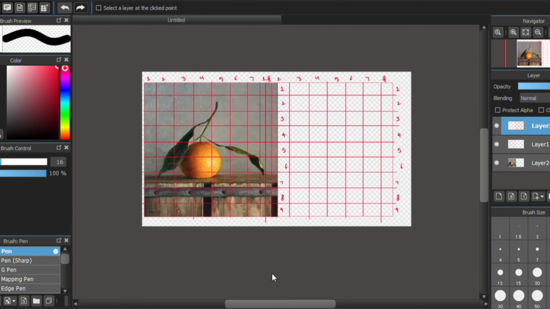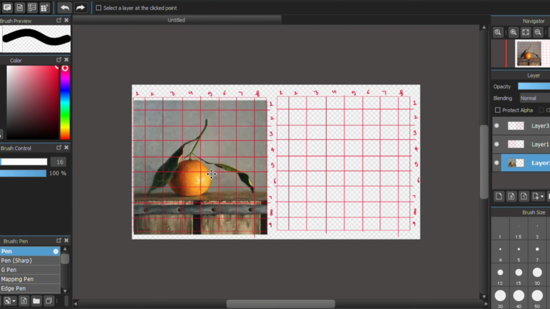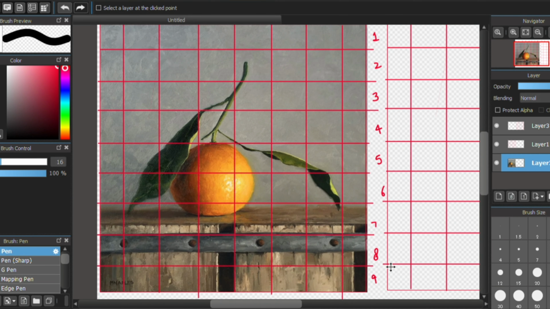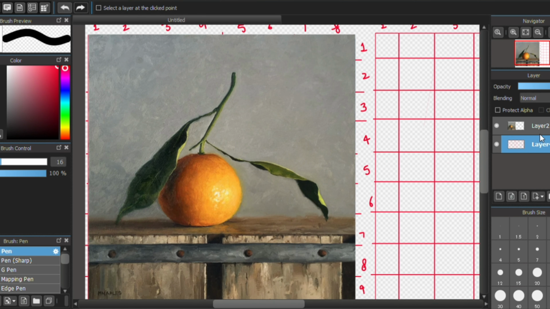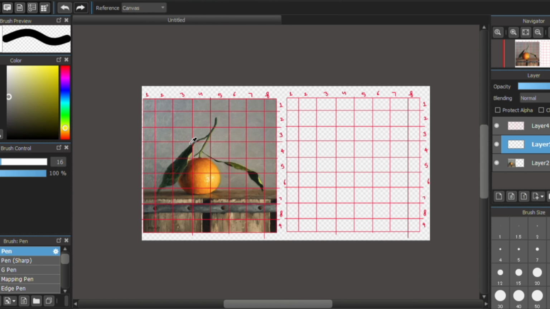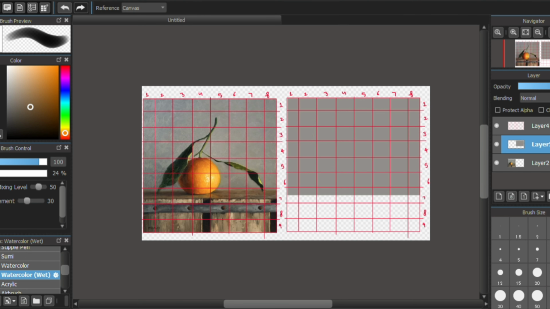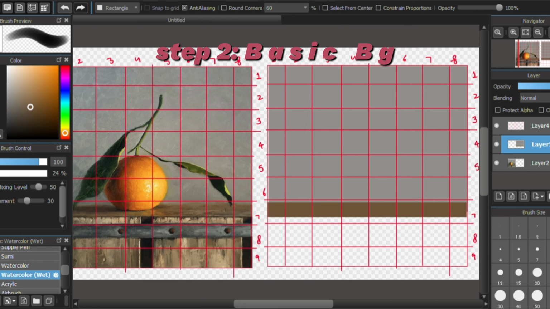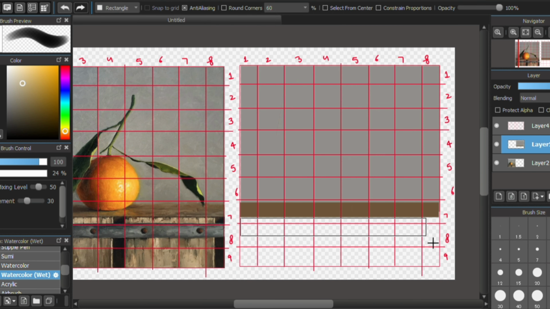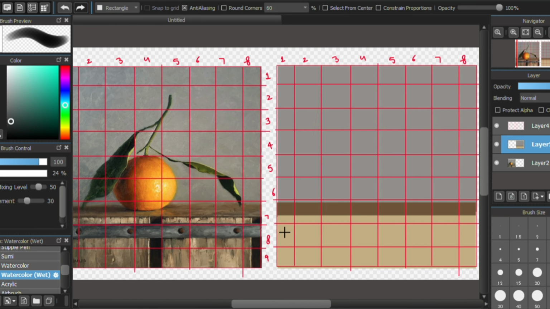And if you are drawing something which is very realistic and in which the proportions matter a lot, like someone's face, you should try to draw these blocks a lot smaller. And I just made a copy of this graph and pasted it on the other side. And now I will be drawing a basic colored background. I just took the background colors and placed them according to the reference picture.